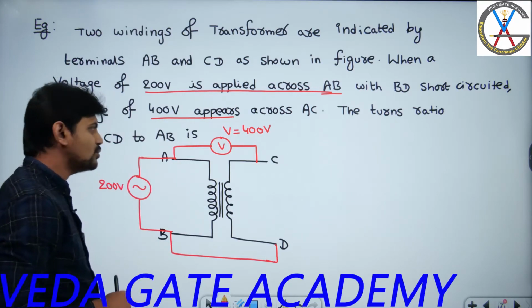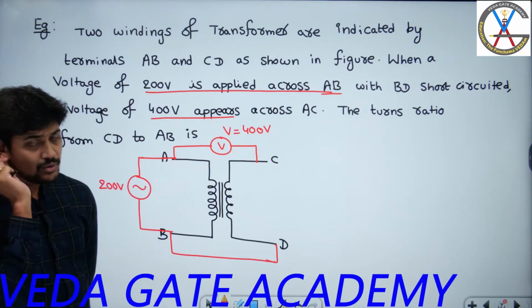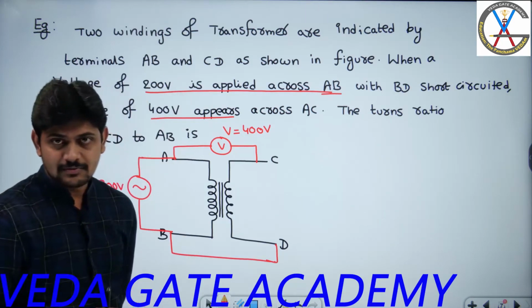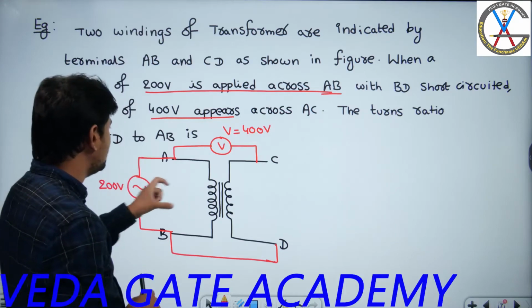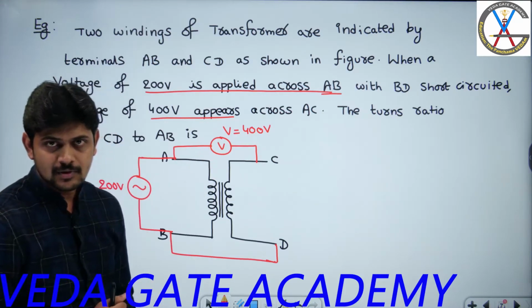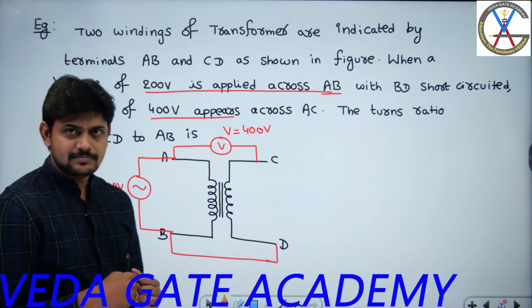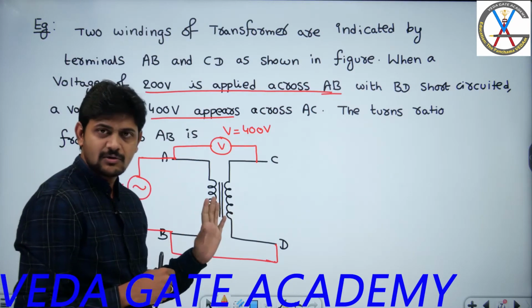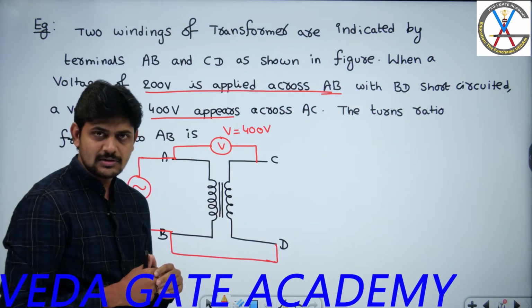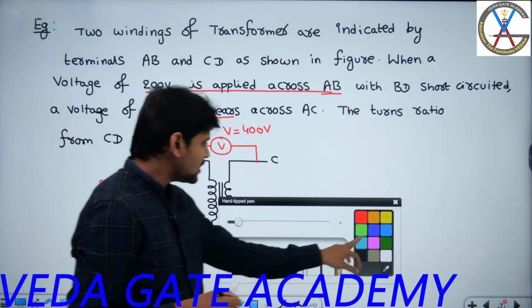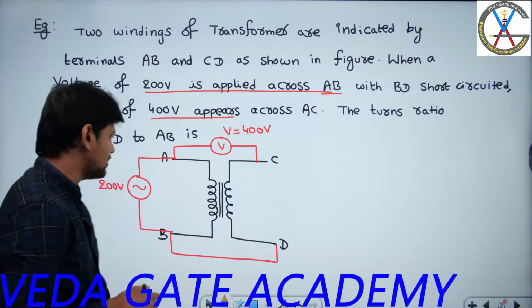So here, how to do the analysis? Here I don't know the rating of this transformer. First of all, I know only the primary voltage and I know the voltmeter reading. So the first thing is I have 4 things in my mind. It may be a series additive or series subtractive connection. Second, it may be a step down or step up transformer, right? So let us try to see the complete analysis.